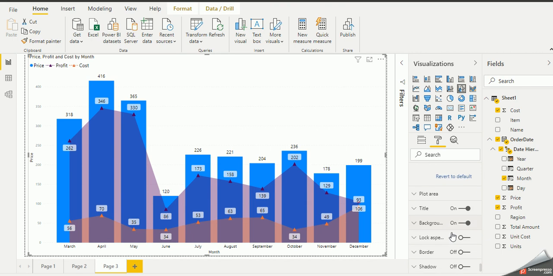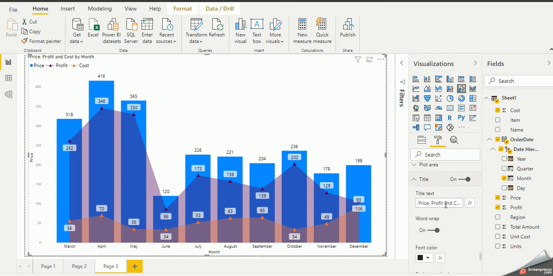Also you can change the title. Now we have applied different things, so a meaningful title will be good. So, comparison of cost, profit, and sale by month.